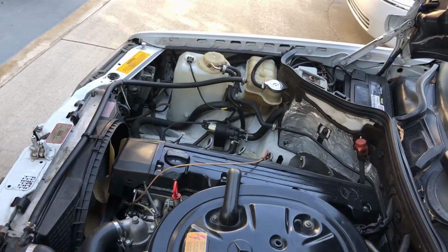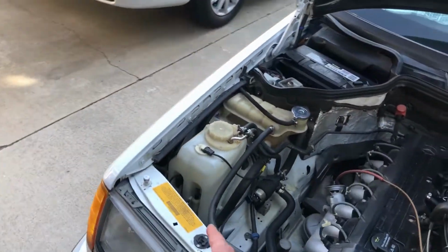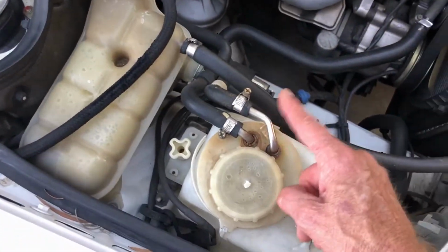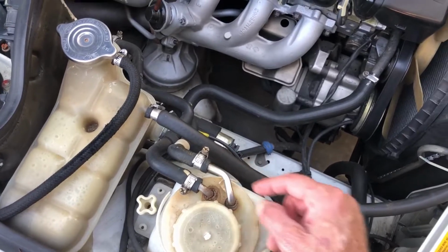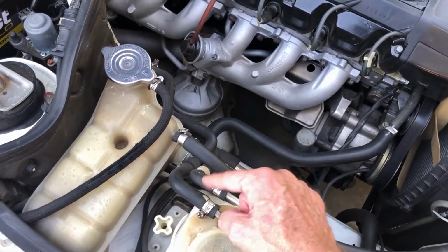I'm going to bypass this windshield washer reservoir. These are coolant lines here. So I got a piece coming from Amazon, a barbed connector, 3/8 both sides, and I'm just going to hook this up because